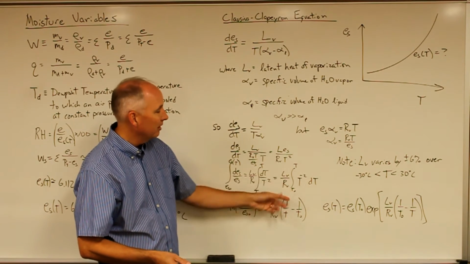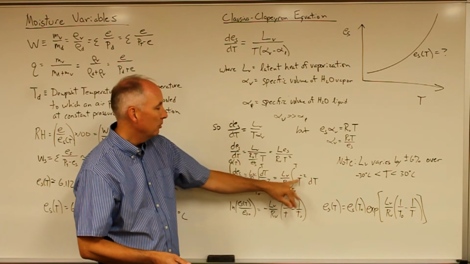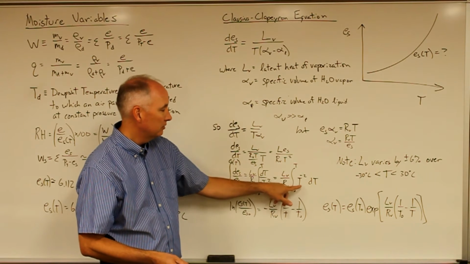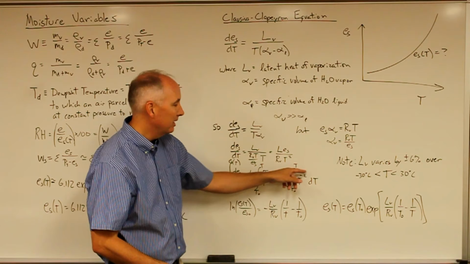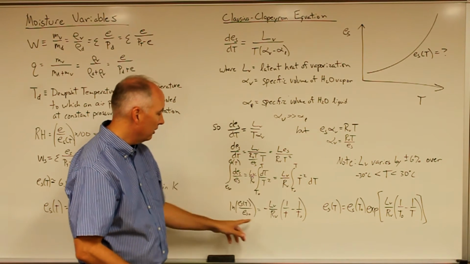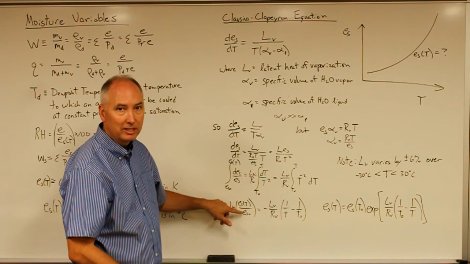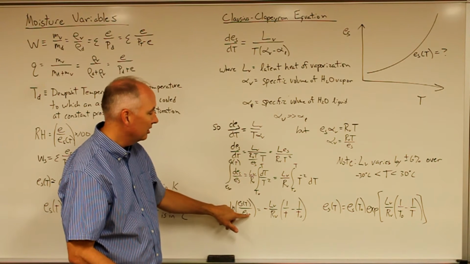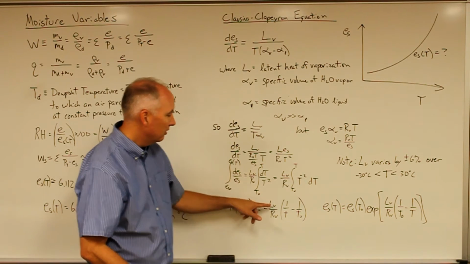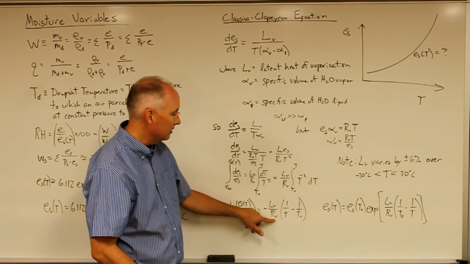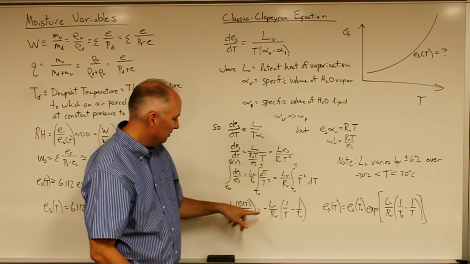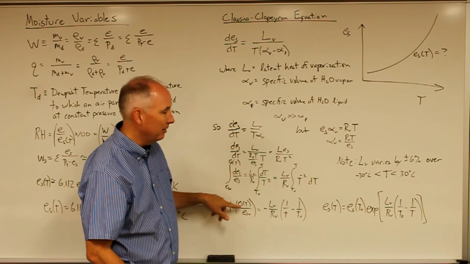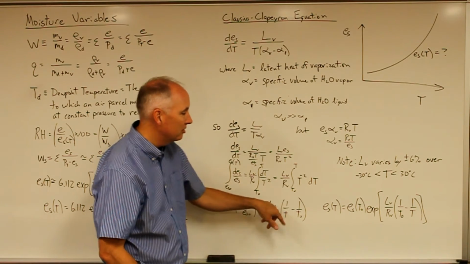But by doing that, we can just simplify the math, and we'll end up with the integral of t to the minus 2 dt. The integral of this is going to be t to the minus 1. So the evaluation is the natural log of E sub S of t over E sub S of t naught is equal to minus the latent heat of vaporization over R sub V times 1 over t minus 1 over t naught. And then to solve for ES of t, we take the exponent of both sides,